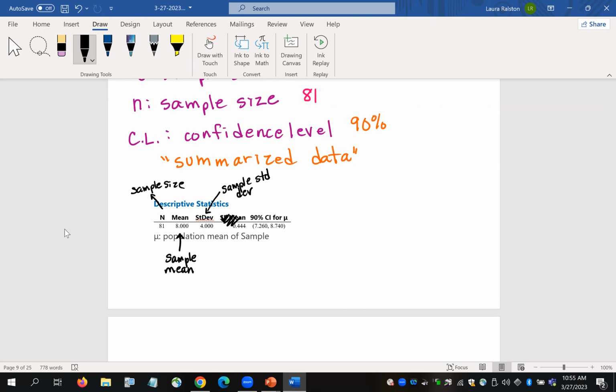You don't need the SE mean. And then you have your 90% CI for mu, which is 7.260,